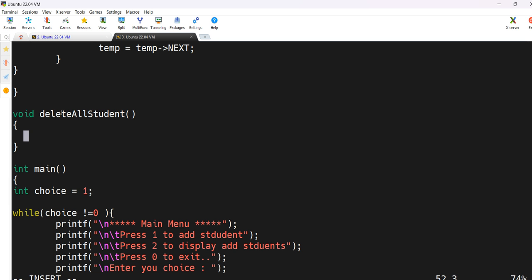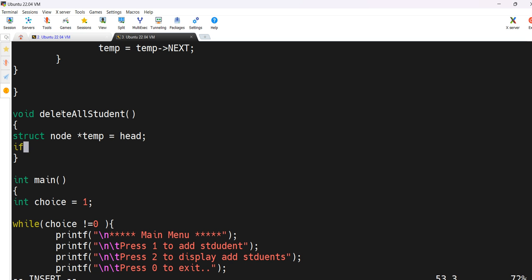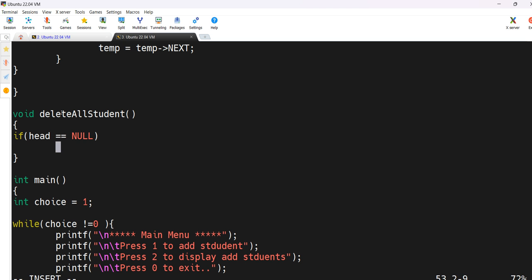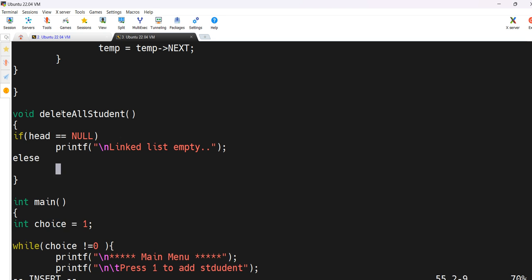So here we'll create, like before, one temp structure pointer that will point to the head node. Or instead of just first declaring, just check if head is equal to null, then we can say linked list empty, else